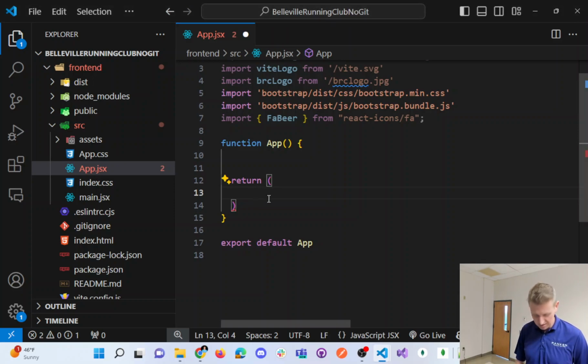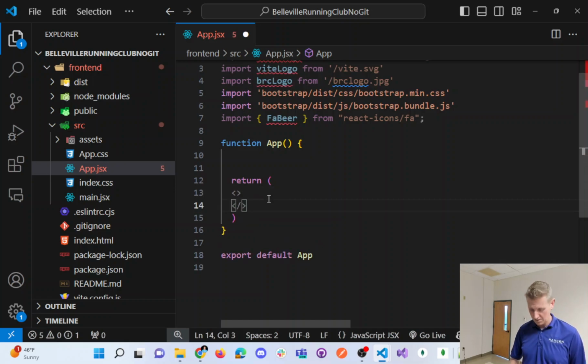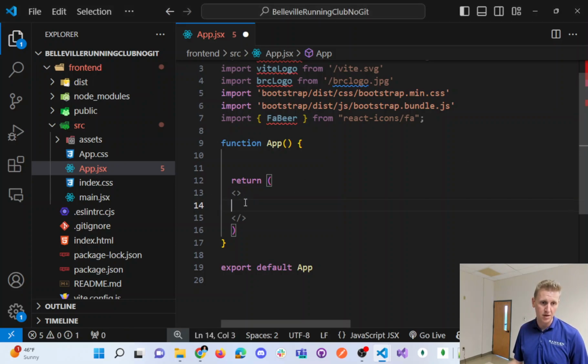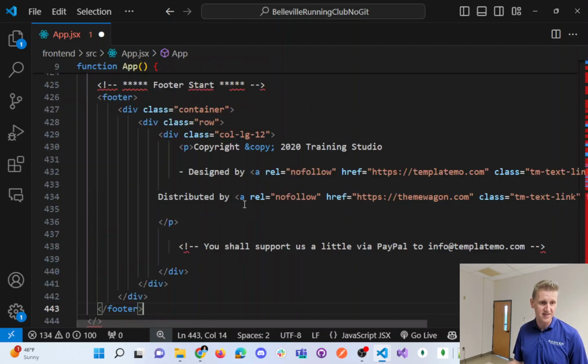Let me go ahead and do a React fragment and start bringing in, I'm just going to copy and paste all the HTML from the template. And then there's one important thing to do. There's a lot of HTML in this template, and obviously I don't need it all. But if I copy everything besides the scripts at the very bottom, and paste that in,